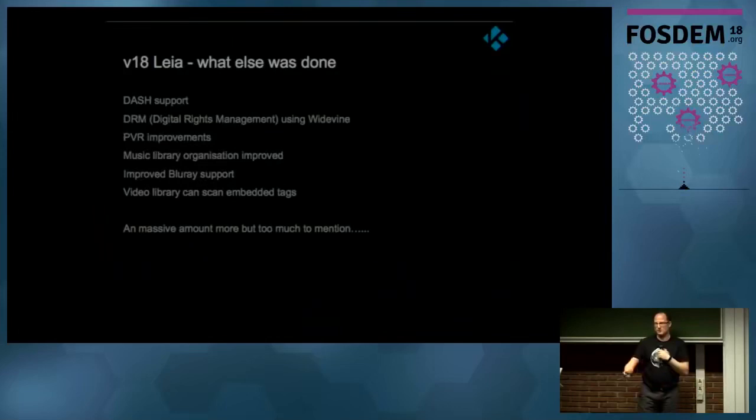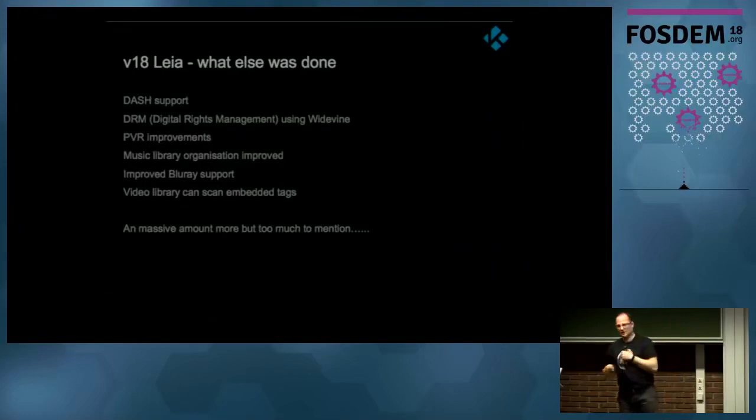It's one build system to rule them all for us. Dash support. That was something long asked for. You want to play YouTube videos and all that. So we now have an add-on you plug in. So that's this whole input stream framework. We don't change core, we just change the add-on and you install it, or you auto-update it when something changes. So you don't need to install a new program or a new Kodi version, you just get the update in the end. DRM using Widevine, so I can play 4K Netflix in Kodi on my NVIDIA Shield on Android, because Android supports Widevine, and that just works.